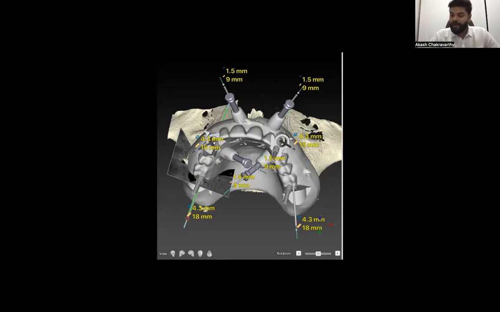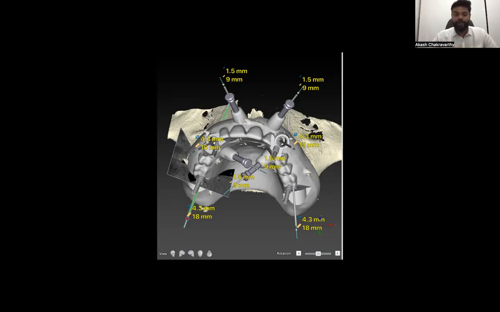So in mandibular, do we need bicortical engagement? How to achieve in anterior mandible? Yes, bicortical engagement is essential anywhere. It's not only in the mandible, it's not only in the maxilla. In the anterior mandible, you have to engage it to the lower cortex. You have to put it straight down to the lower cortex.